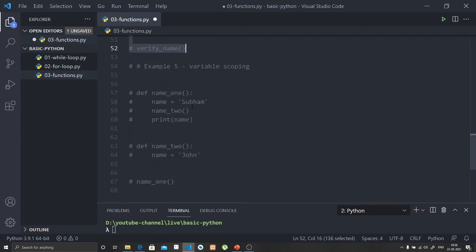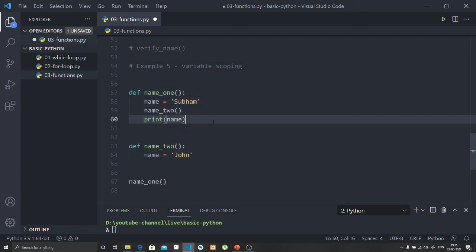In the next example, I have shown variable scoping by calling a function within another function, just as you saw in the slides. So here, this is a local variable to this function, and this is also a local variable to the second function.